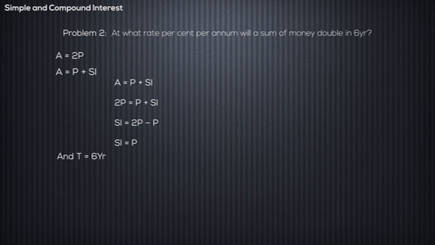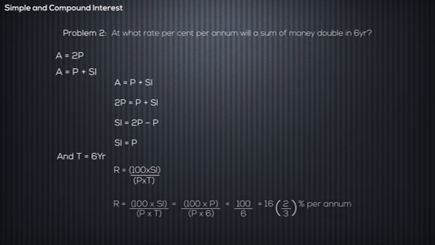And the time period is given to be 6 years. The rate of interest can be calculated from this formula. Solving the equation, we get the rate of interest to be